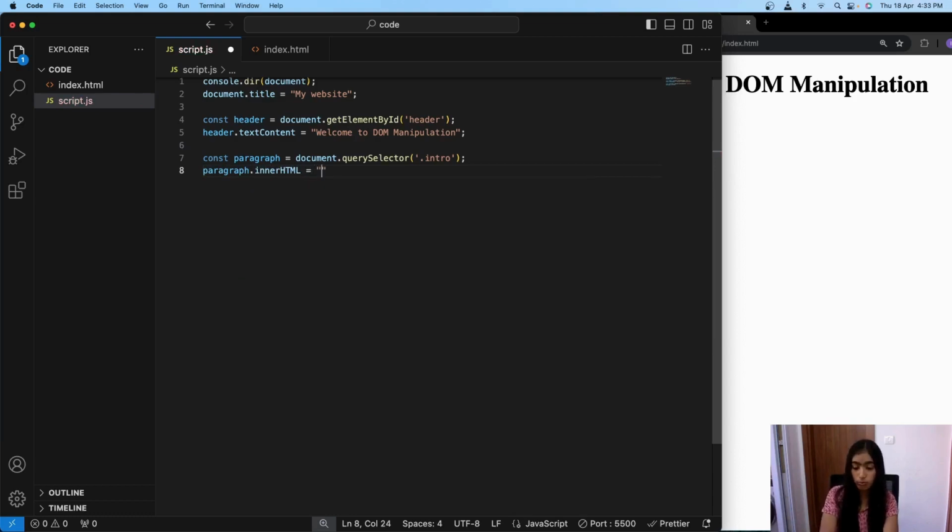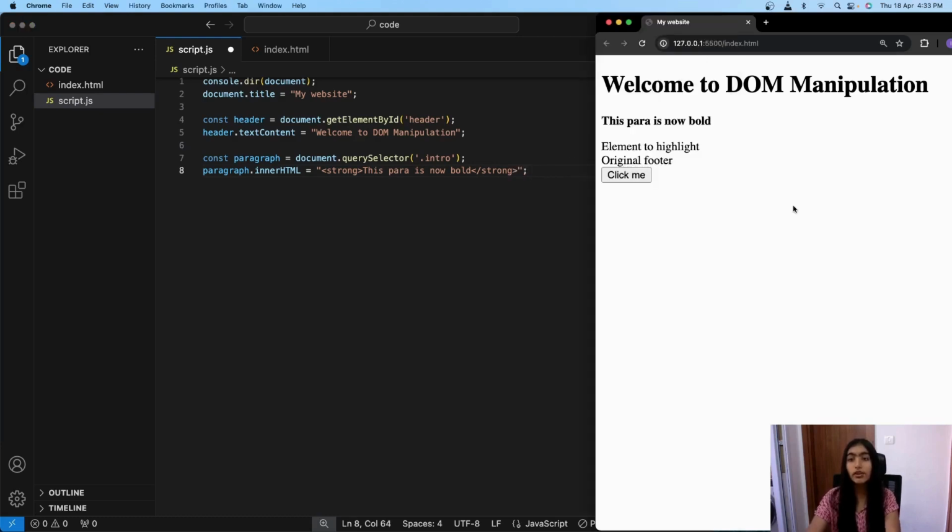Since we wanted it to be bold, let's use strong, because that's what you use. Then close the strong tag. Once you save this, you can see the paragraph text changed, and the paragraph is now bold. You can see how it immediately changed.